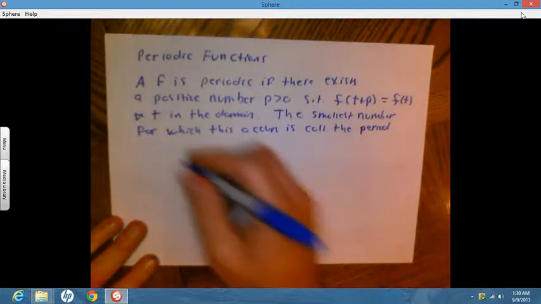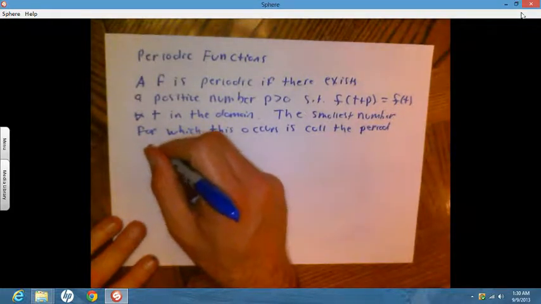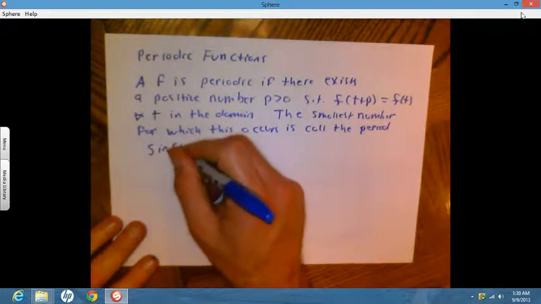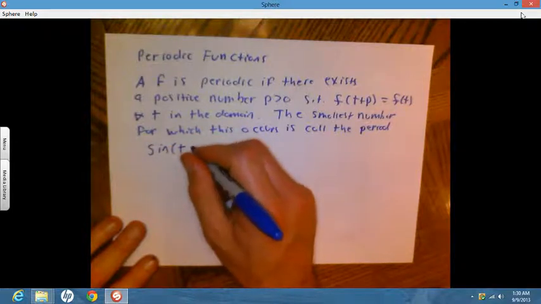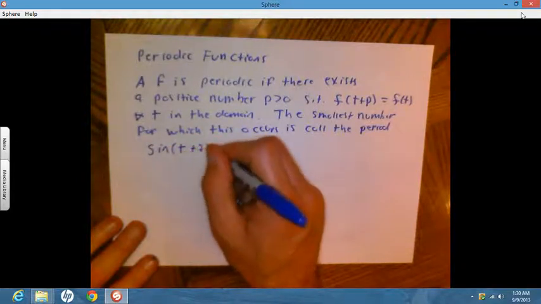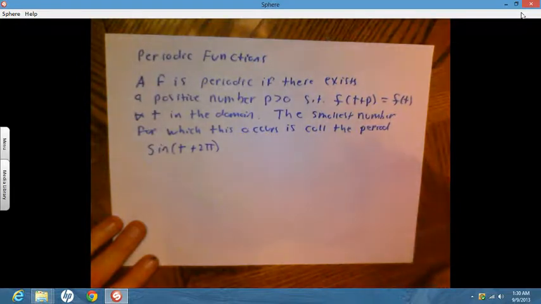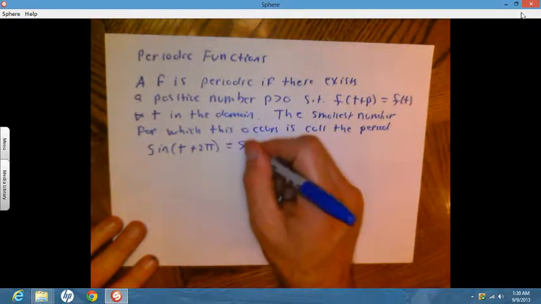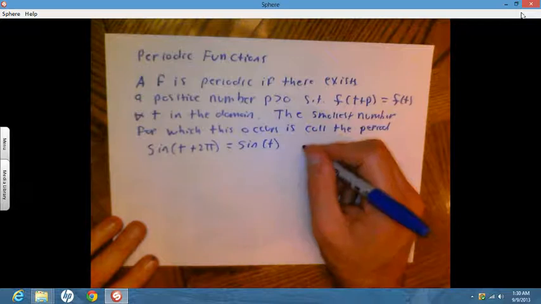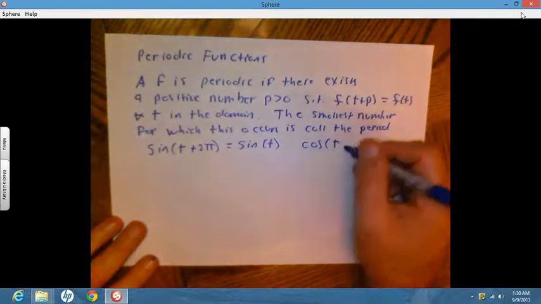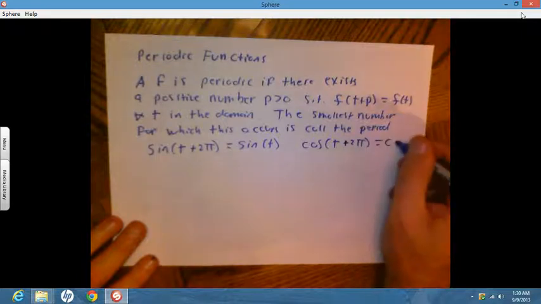that what this means is the sine for any angle t, if we're in radians plus 2 pi, or for degrees plus 360, is equal to the sine of t, and the cosine of t, doesn't matter what t is, plus 2 pi is equal to the cosine of t. So we're just saying that doesn't matter. So an example,